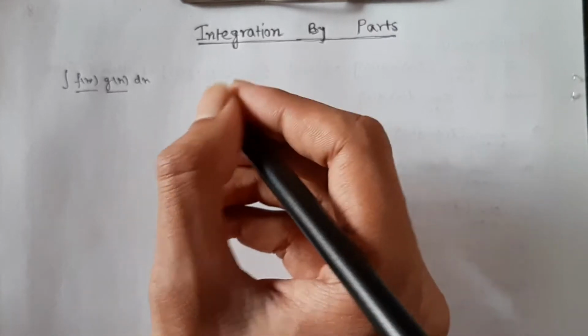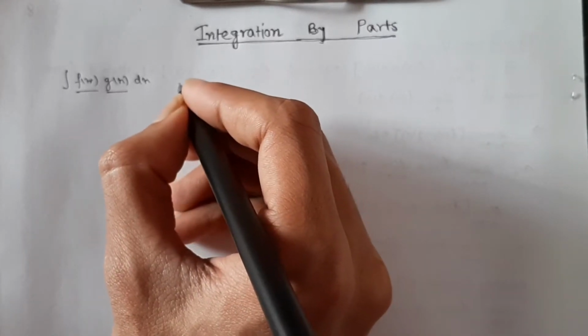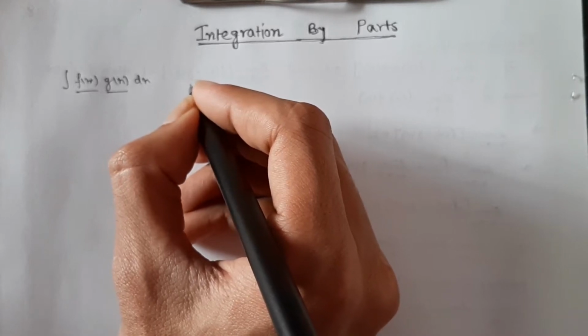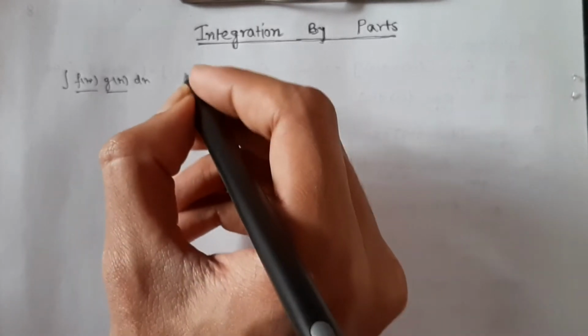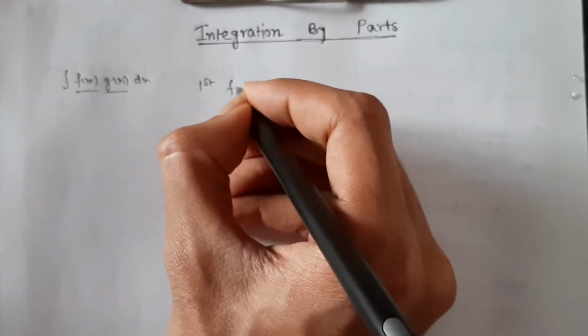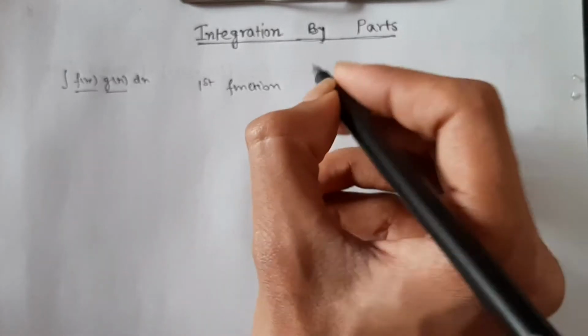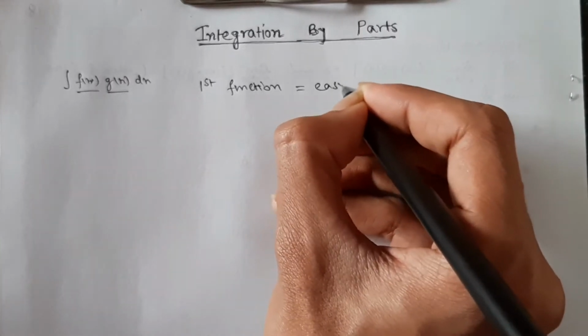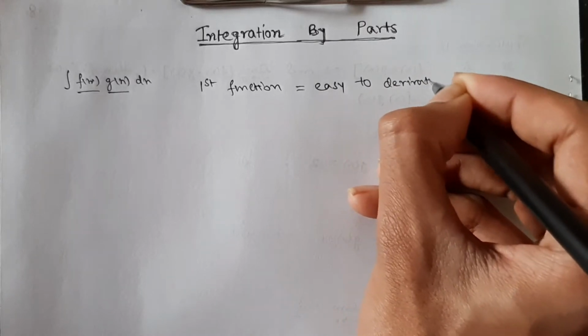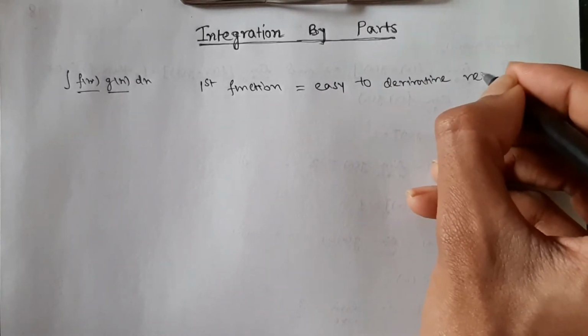So before going to integration by parts, we have to know what the first function is and what the second function is. We choose the first function as one that is easy to differentiate repeatedly,